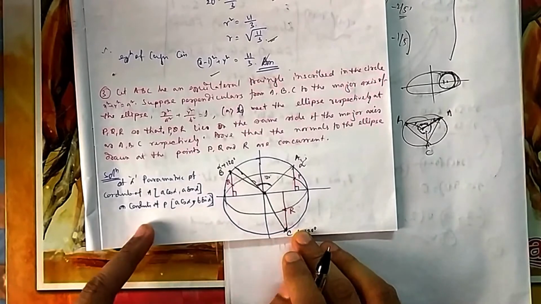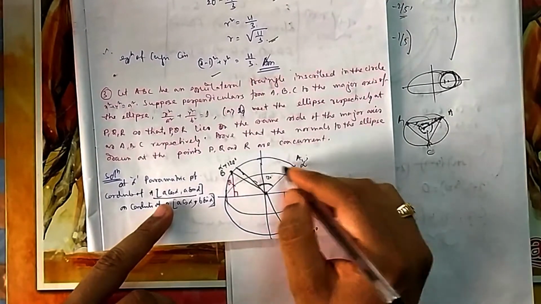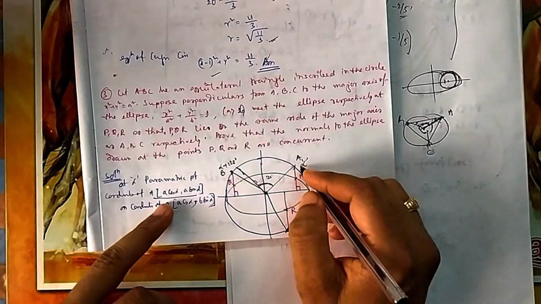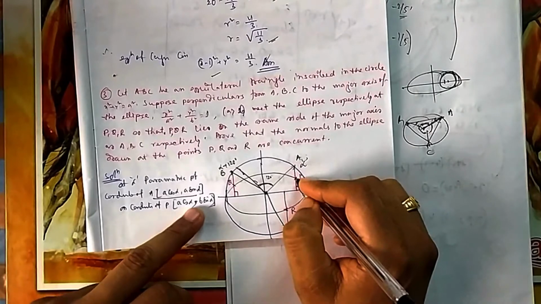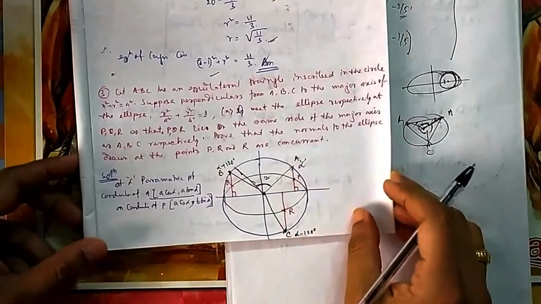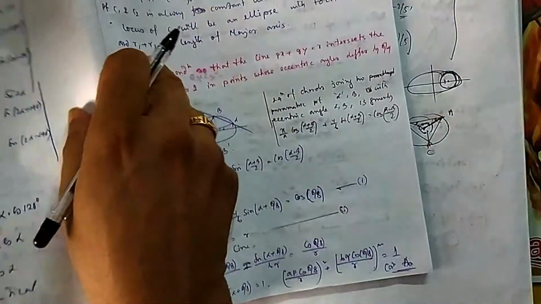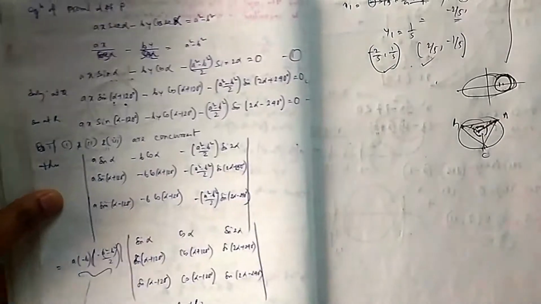So the position of point A, because it is on the circle, is A cos alpha, A sin alpha, but the corresponding point P is A cos alpha, B sin alpha. Now you have to draw the normal at this point. Now you can write the equation of the normal at any point. Here I have used the direct formula. You can skip the formula. I told you to remember it in this way.